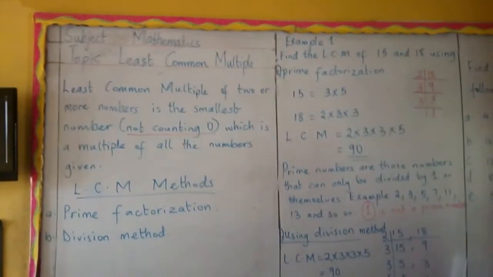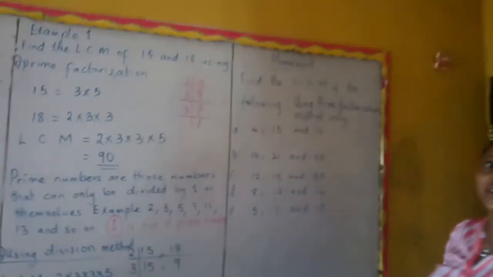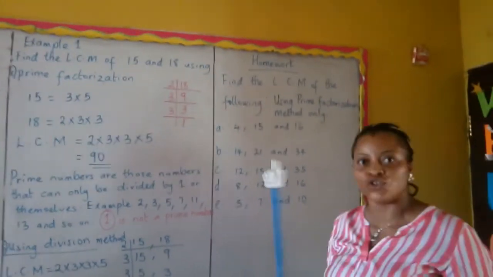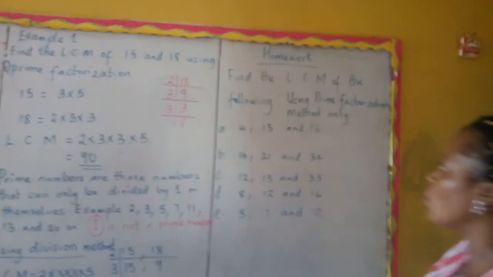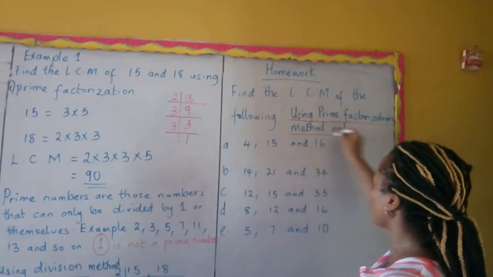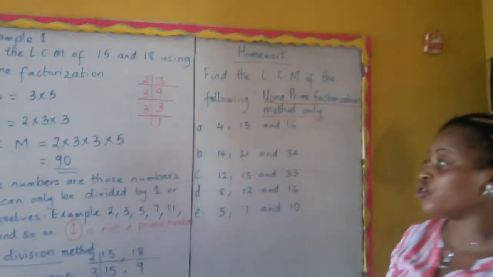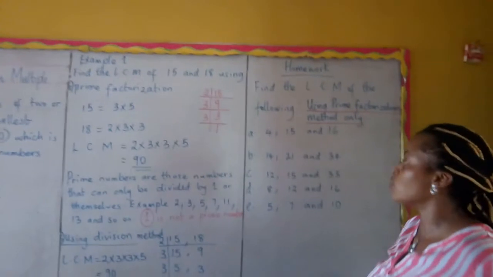So with that being said, I'd like you to have this task at home for yourself. Try it out. Your parents can support you, but don't allow them to do the work for you. Try it out on your own. But remember, the method I want you to use is the prime factorization method only. Maybe when you're done, you can on your own, using your counting jotter, use division method to checkmate